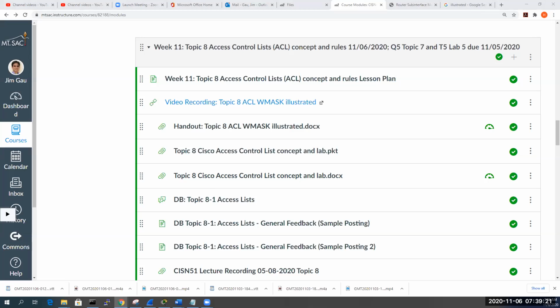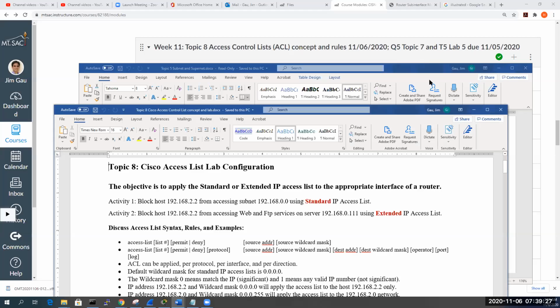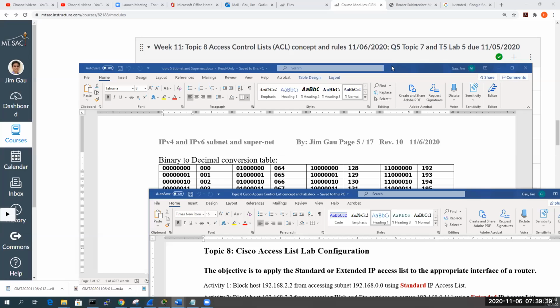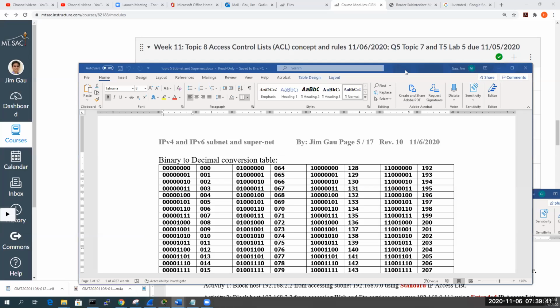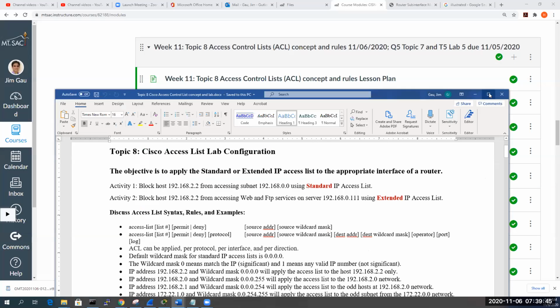It would be nice to also have this binary table that I created for you a few weeks ago, to use as either an inverse mask or subnet mask to help us understand the concept better. Okay. Now let's talk about this